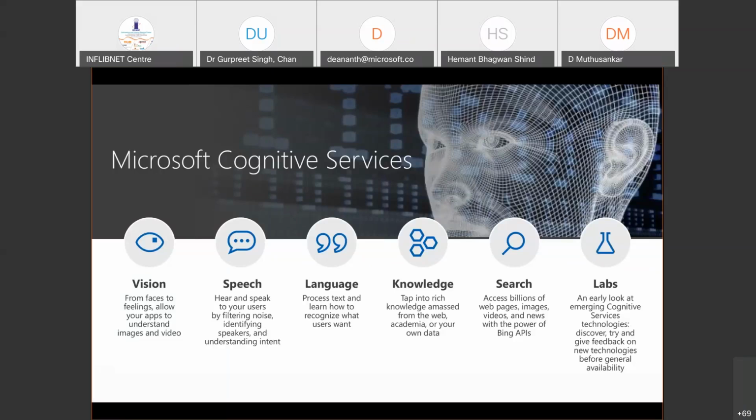The ask, especially in the Indian scenario, has been on the support of Indian languages. We currently support 9 Indian languages, which caters to 80% of the business scenarios. There's a lot of data on the web, which can be converted to knowledge. It helps in search. And there are a few things where institutions like you would like to actually play around with the labs and help us in developing new cognitive services.